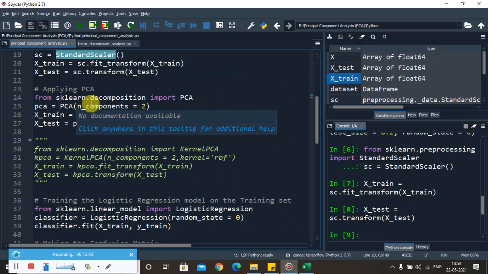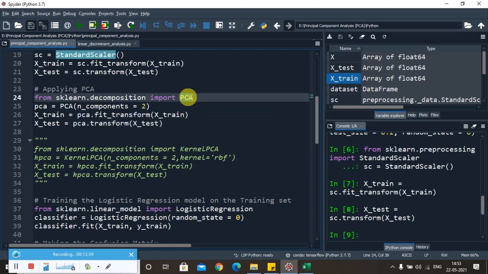That means we are going to build our first model. Now we are going to apply the dimensionality reduction technique to the data set we have. To do that, we have to import the PCA class. You can see here the import PCA. We have to import this PCA class from the module decomposition, because all these algorithms exist in the scikit-learn library. So this will be common for all, and from this you have to import a module called decomposition. From this module we are going to import a class called PCA.